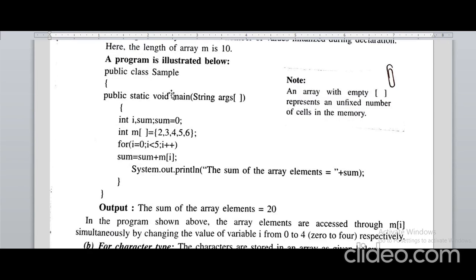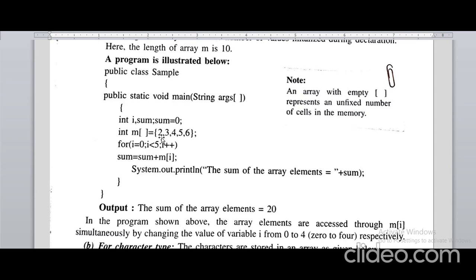Here we are creating a class with the name of sample. Here we have taken two variables, i and sum, to perform the sum of all the numbers. Loop starts from the 0 position. Here we are declaring the array of m type with subscript. We are passing number of values before execution, that is called the assignment statement. Now array loop starts from the 0 position, because array index always starts from the 0 position. First element will be placed on the 0 position.